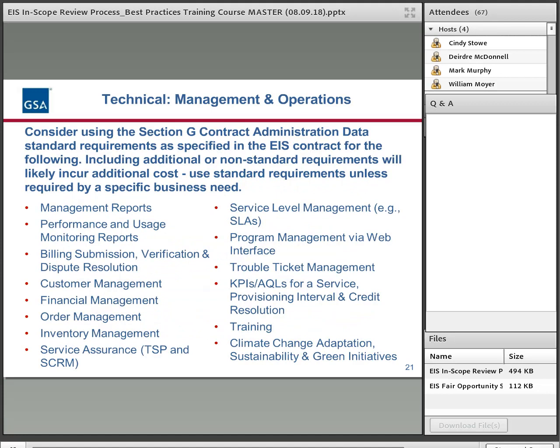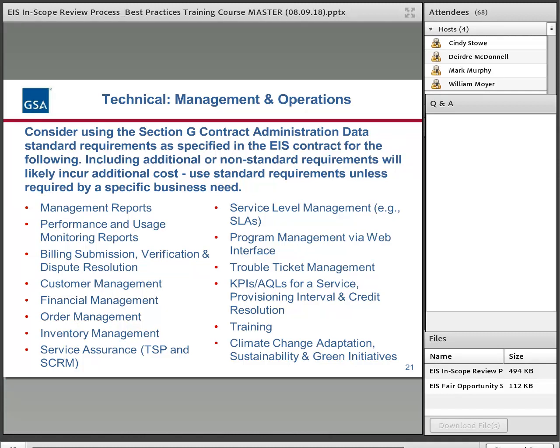And then on the management and operations side, there's a rich set of reporting and data requirements already on the contract, and we've listed them here. And instead of creating your own, we highly recommend that you review these, and these may satisfy all or most of your needs. These have been well thought out.